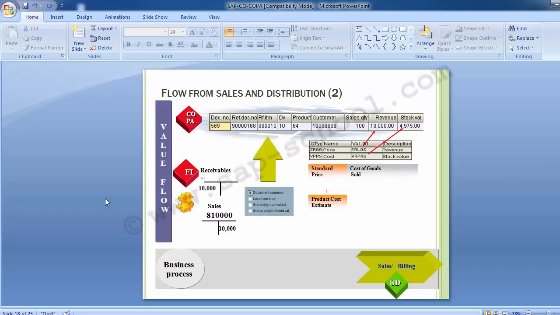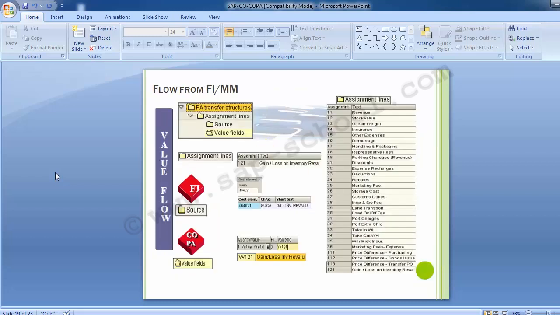So this is how the data flows from sales and distribution to the COPA part. Moving to the next, let's see how the data flows from the FI and MM modules to COPA. Using direct posting in FI, you can post actual sales reductions such as annual volume-based rebates or actual